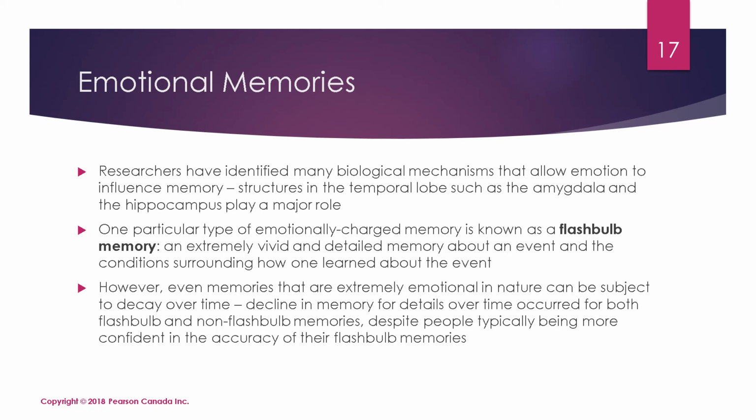learned about that event. So basically what we're talking about here is that if there is an event that had a highly emotional nature to it, you're more likely to have a memory of that event that's very vivid, and it looks almost like you can see it like a picture. So that's why they call it a flashbulb memory. It almost looks like you took a super clear picture of what happened and you're able to recall it in